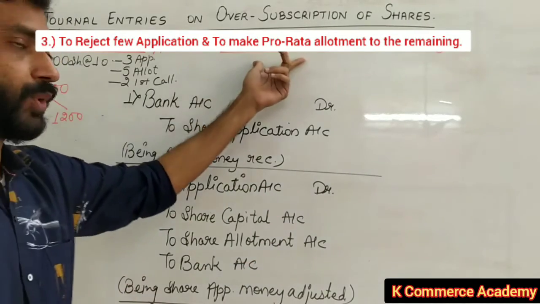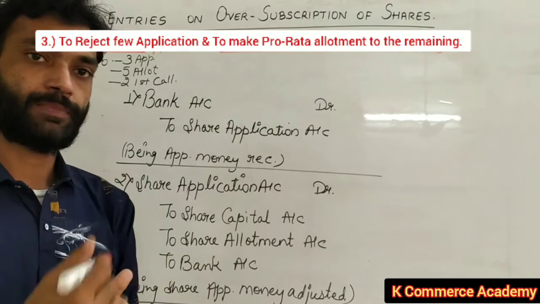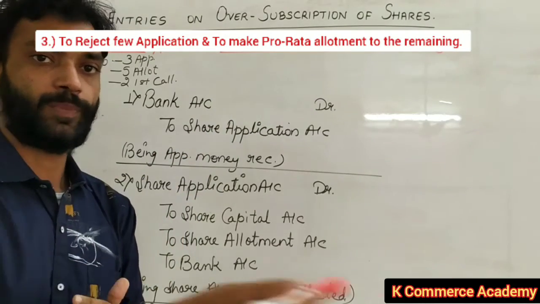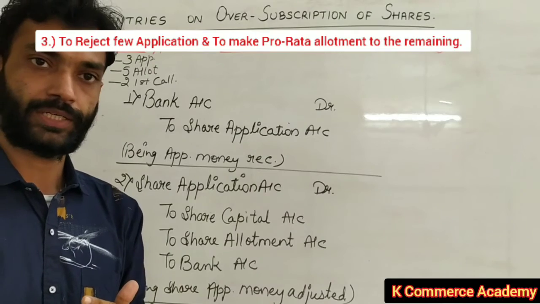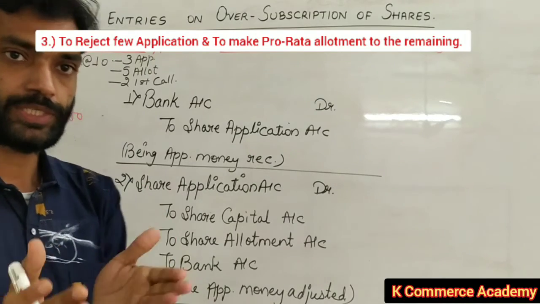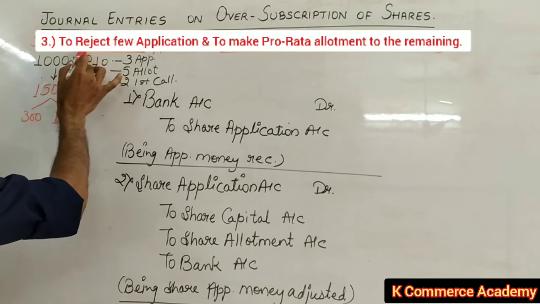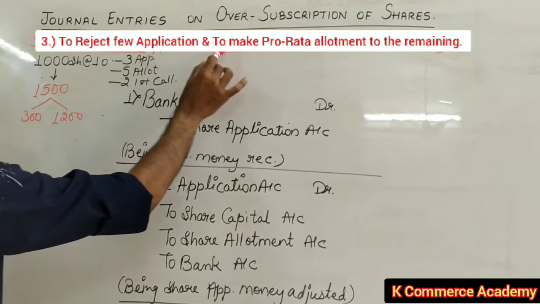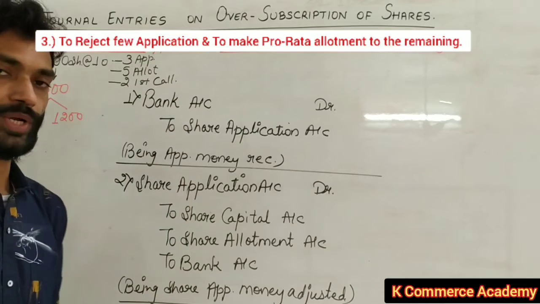और जब हम प्रो रेटा अलॉटमेंट करते हैं तो हम एक्सेस एप्लीकेशन मनी को अलॉटमेंट पे ट्रांसफर करते हैं। सेकंड जनरल एंट्री में हम टू शेयर अलॉटमेंट अकाउंट लिख देते हैं। इस सिचुएशन में हमें क्या करना है? हमें कुछ एप्लीकेशन को रिजेक्ट करना है और कुछ रिमेनिंग एप्लीकेशन को प्रो रेटा अलॉट करना है।